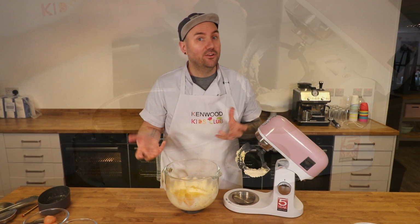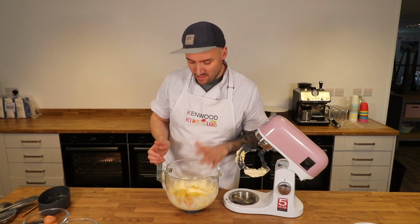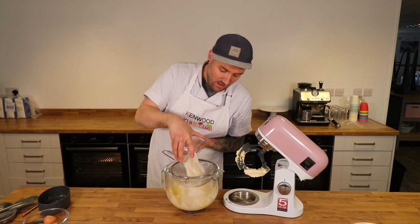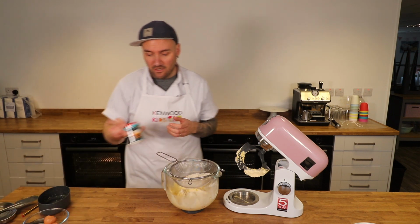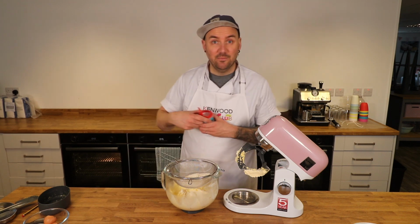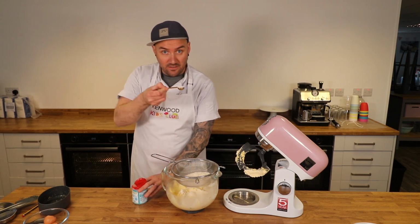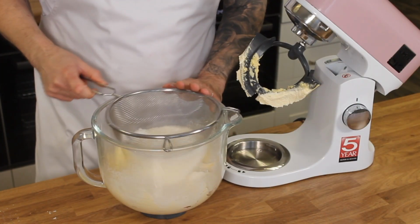Now, because we're doing that hybrid method and have now essentially switched to the all-in-one, at this point we can also add in our flour. And we're using self-raising flour today, which has got a bit of raising agent in it. But just to help give us a really light sponge, we're going to add a tiny bit more. So I've got some baking powder here, and I'm going to add 1 level teaspoon. So scoop that, use a finger across the top to make it nice and level, and then that goes in too. We can then sift that into the mixture,